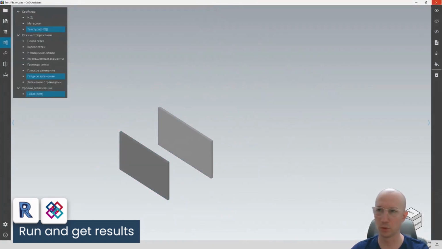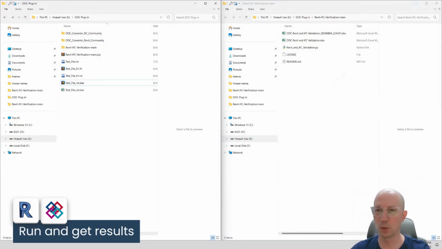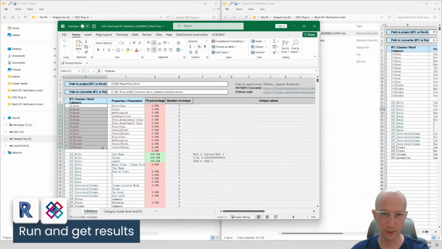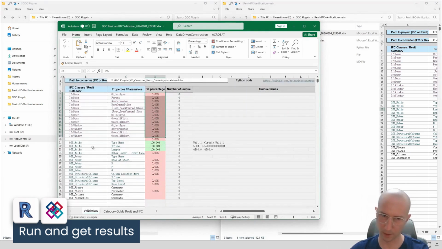These are our two walls. We will close them. Now let's look at our report, how it has been processed. I open it and we see what happened. Our file was checked, and since we don't have data elements with the specified parameters, they are highlighted in red. Accordingly, our script showed that these elements are missing and their fill rate is 0.